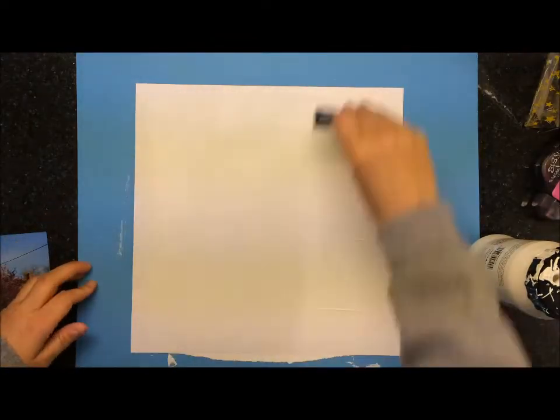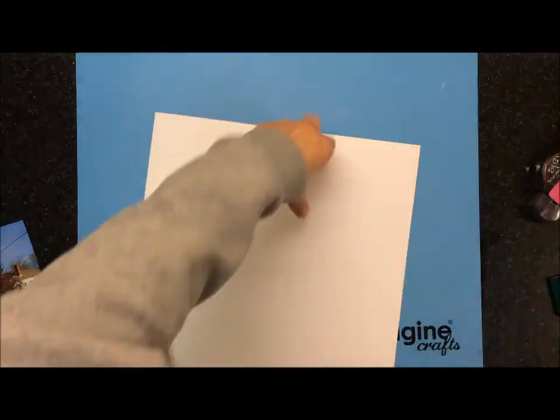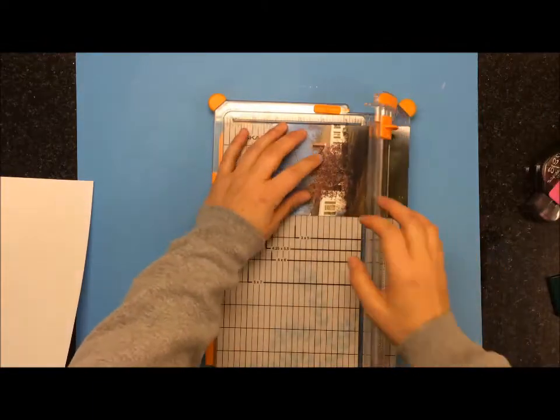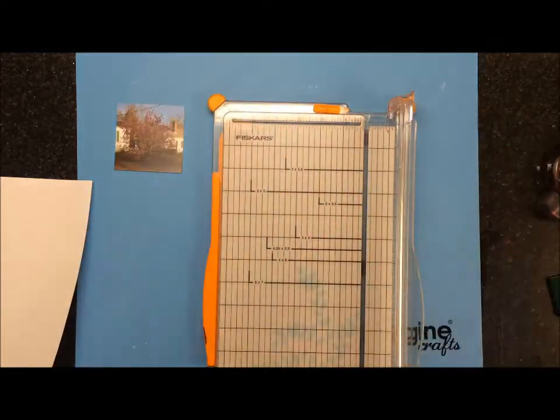So I'm starting off with a white piece of cardstock, and I'm applying a thin layer of gesso over top, and I had a little bit extra, so I'm just putting it in my art journal. I just used an old, extra gift card to spread the gesso around. If you've never used gesso before, it just kind of gives a tooth to your paper, so that you can get a little bit more mixed media and artsy in your layouts without it oversaturating